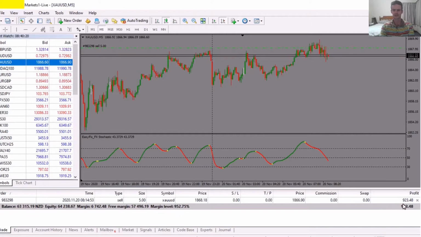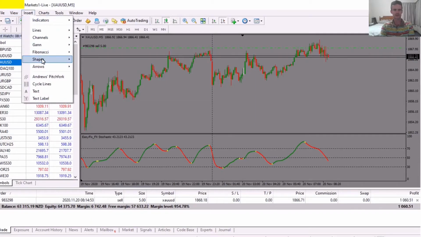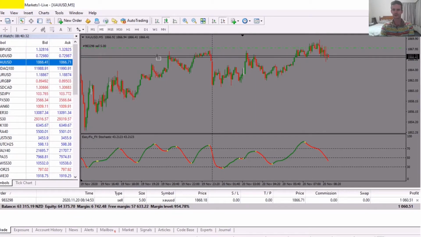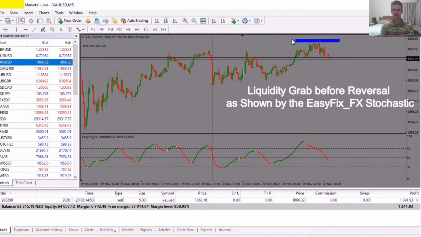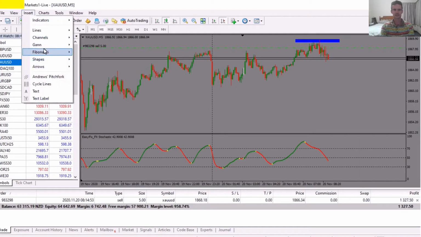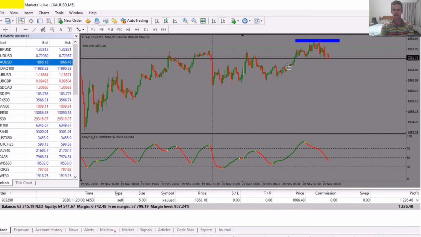Currently sitting at $1,000. Yeah, guys, look how powerful this stochastic is. Even beginners, anyone can use this, but you've got to combine it with a few other things, as I teach in my course. As you can see, guys, the market makers went on a liquidity grab, which is basically a stop hunt, and now they're shifting the market downwards. I'm pretty much sure it's going to come down to at least this level over here,